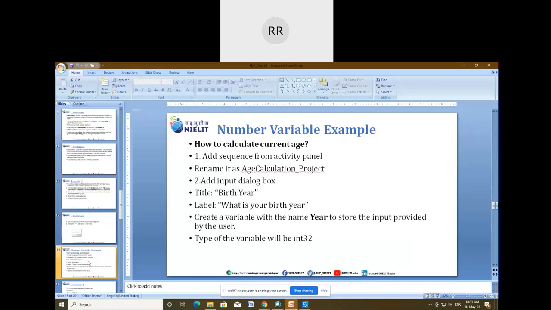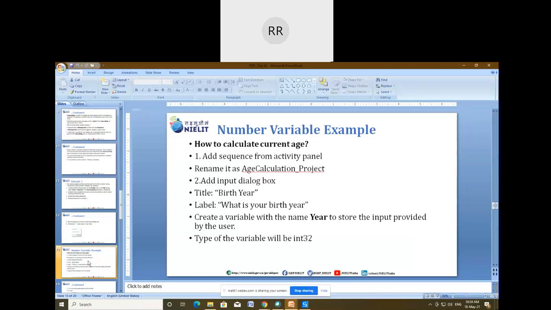Then we can also rename it as per the project. After that we'll connect the input dialog box, and that input dialog box will ask the birth year from the user. Then we'll store that birth year in a variable, and with the help of that variable, we'll calculate the current age.